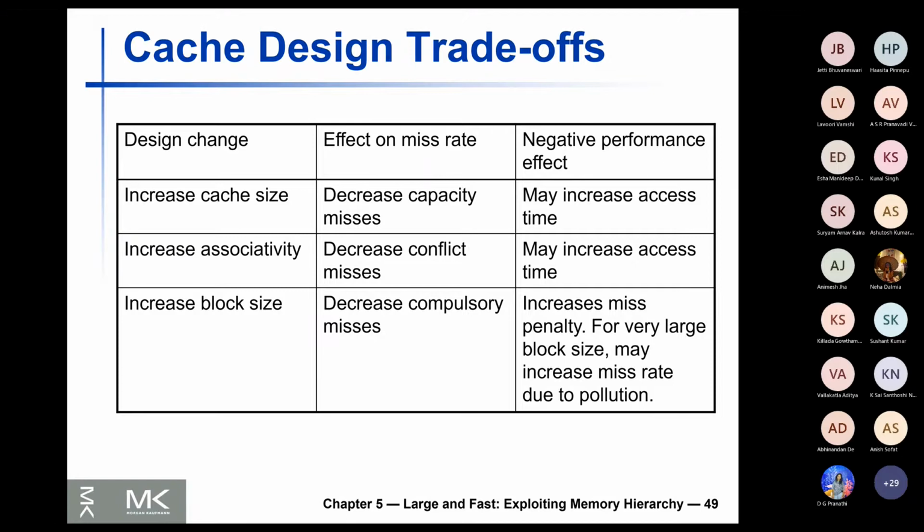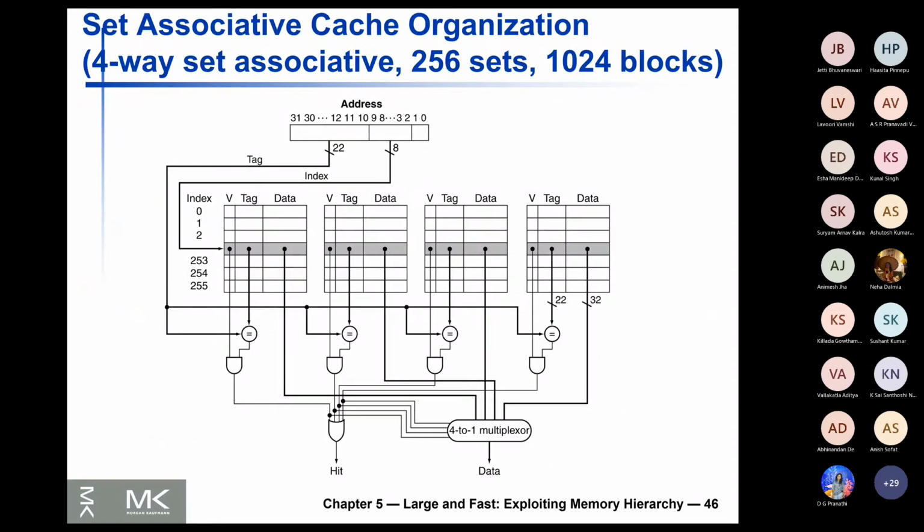Will you increase the associativity? It will decrease the conflict misses, but again might increase access time, because as associativity increases and the cache moves more towards a fully associative cache, the searching mechanism must happen in parallel across all the blocks. One comment is that the searching mechanism shown here, with 4 comparators in parallel, is probably not the way the search would actually happen.